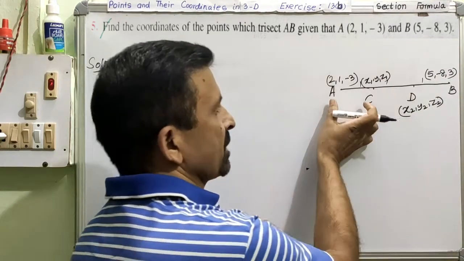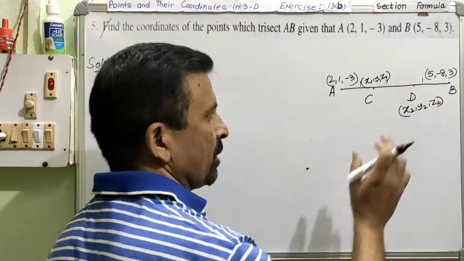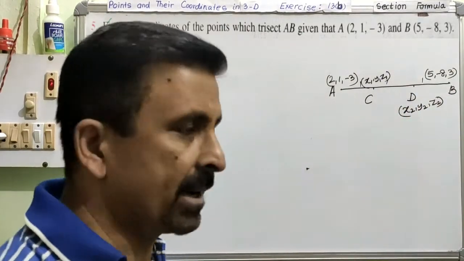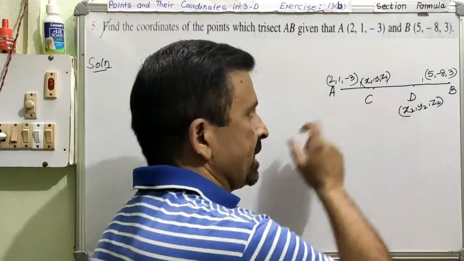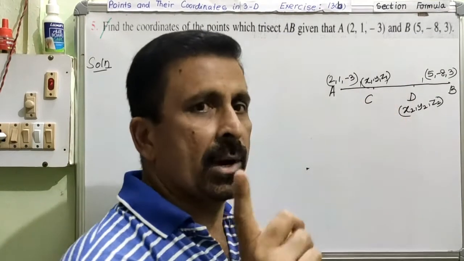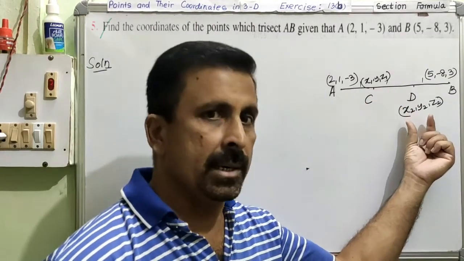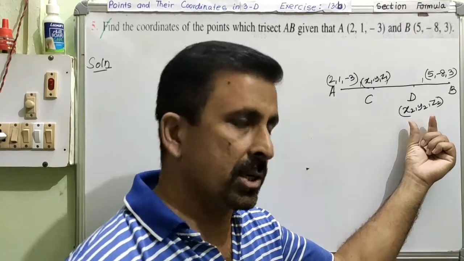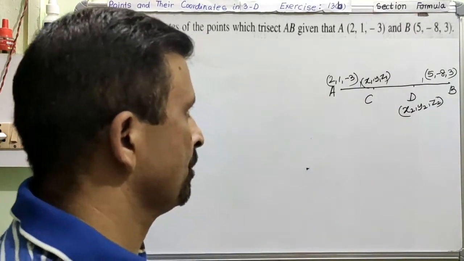Clear? So one by one. First of all, we will only calculate the coordinate of C, and then after that we will calculate the coordinate of D. Am I very clear? My part, I will teach you how to calculate the coordinate of C, and the D part will be your assignment. The way I will calculate C, you will calculate for D. Am I understood? So we are going to start.